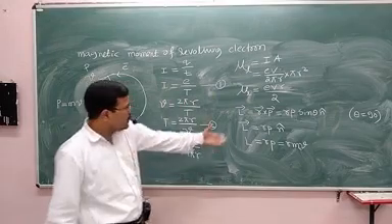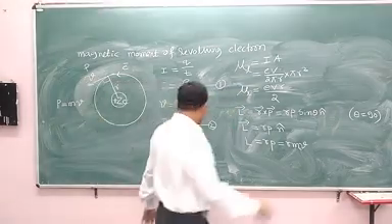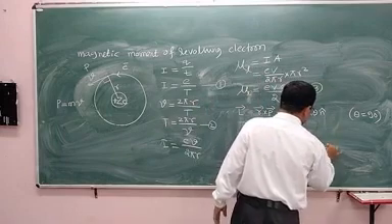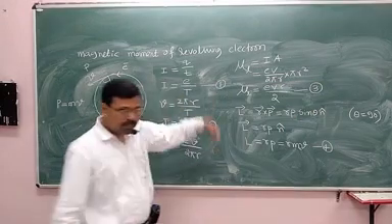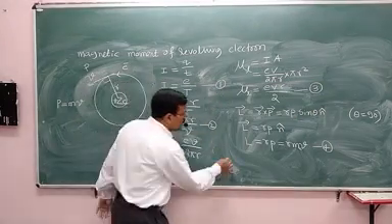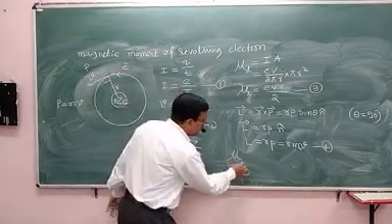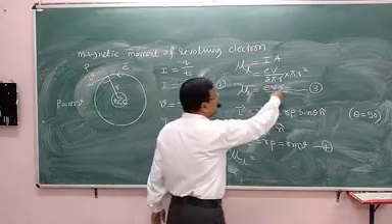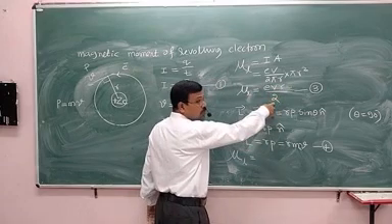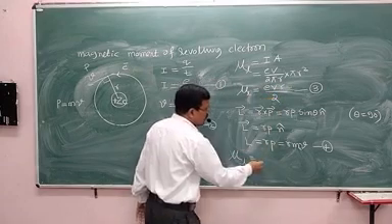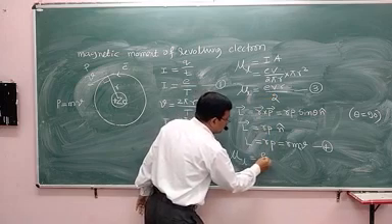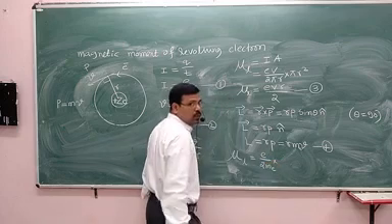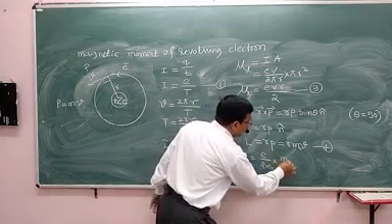Now, these two equations, let me call equation number 3 and equation number 4. From 3 and 4, we can write the orbital magnetic moment of the electron is equal to e v r by 2. So I will make some adjustment here. e by 2 m e into m v r.